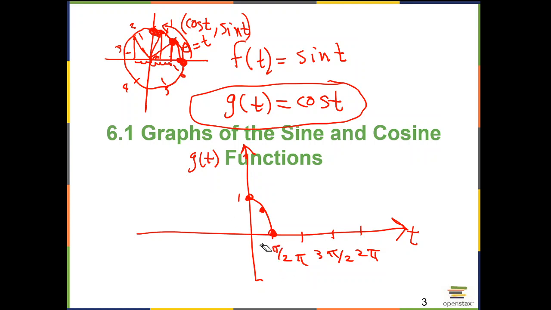And then let's go all the way to pi right here. Cosine is -1. So -1 is about here. Right, so it goes to -1. And then at 3 pi over 2, cosine is 0 again. So it goes to 0. And at 2 pi, back to 1. So you see this graph right here is the graph of the cosine function,